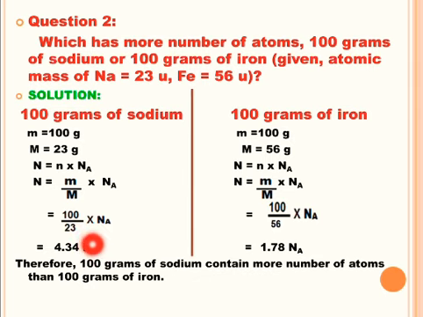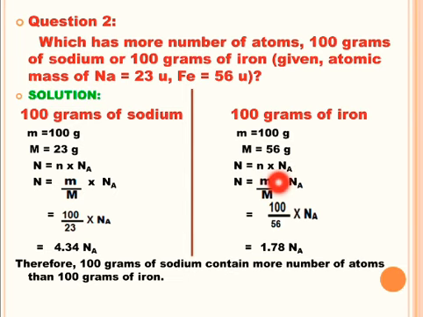Now let's see number of atoms in 100 grams of iron. Again, what is given? Small m. Small m means mass of iron, that is 100 gram. And what is the molar mass or gram atomic mass of iron? Yes, it is 56 gram, which is calculated from the atomic mass of iron, that is 56 U. Now again, how can we calculate number of atoms in 100 grams of iron? Yes, by the formula capital N is equal to small n multiplied by Avogadro number.